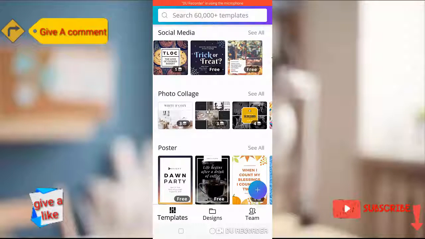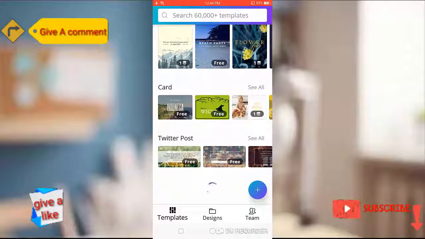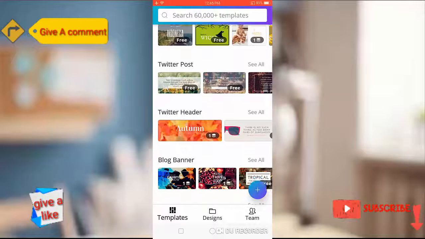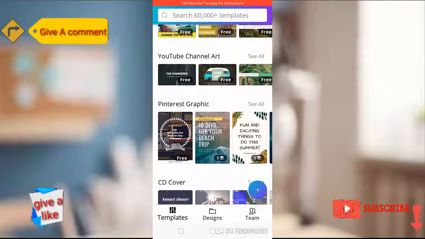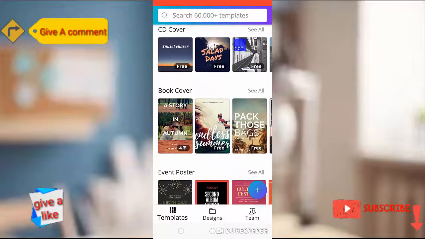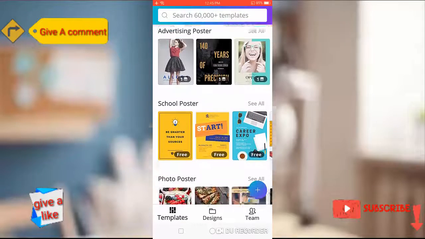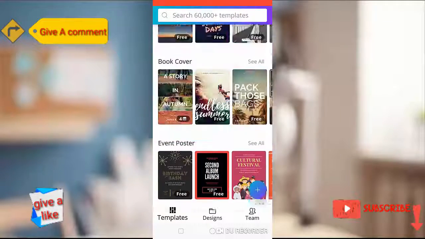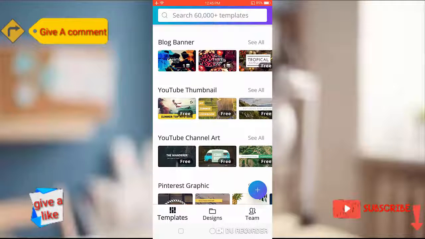photo collages, posters, flyers, and the options are endless. We also have Twitter posts, Twitter headers, blog banners, YouTube thumbnails, YouTube channel art, Pinterest graphics, CD covers, book covers, event posters, school posters, and endless options. We can design in a couple of minutes. Let's start